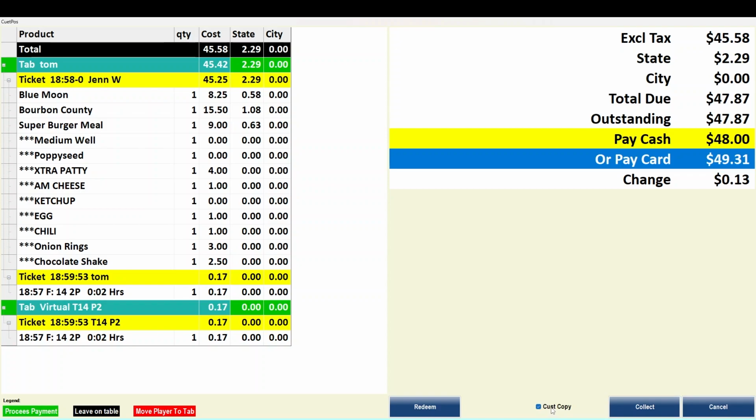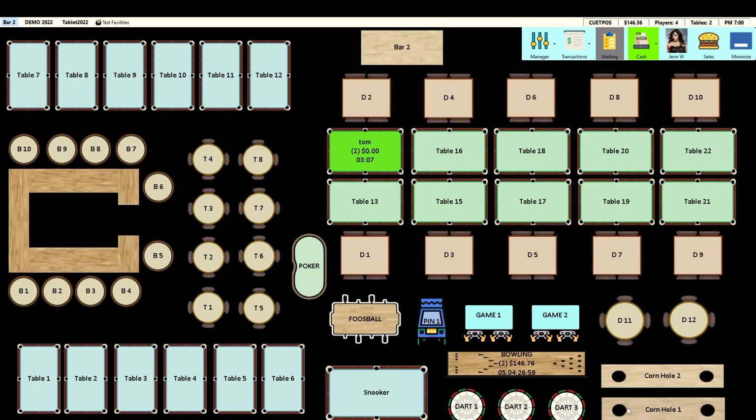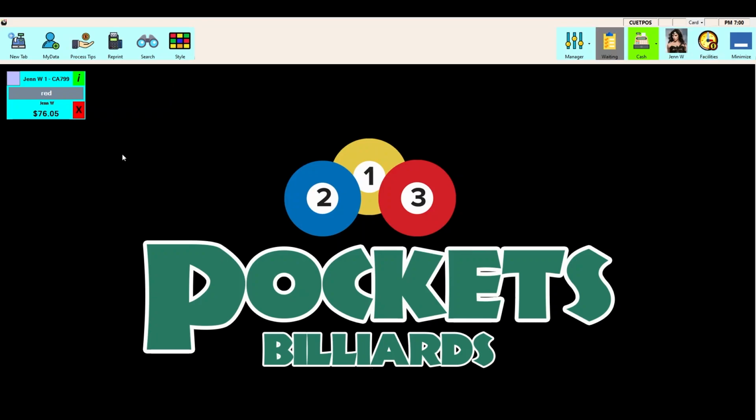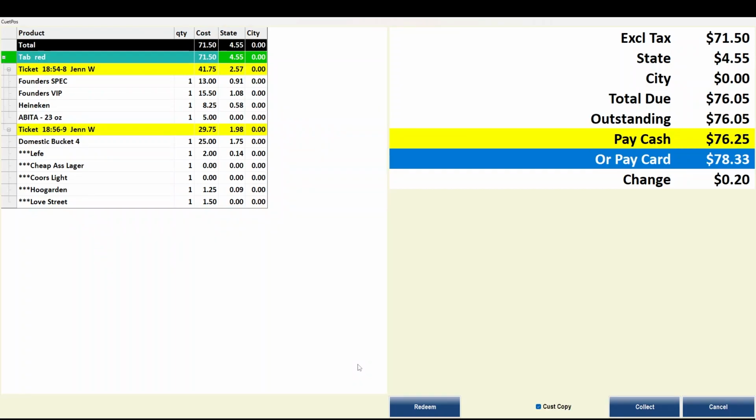But if I turn it off, it stays off until I either check it back on or I restart the software. As soon as you restart it, it comes back up defaulting to printing. So I'm going to click collect. And there's the little beep, and we're going to get their printing out. So now they're done. If I come over to this one, I can also use this red X to jump right to the checkout. Okay, I'm going to turn the customer copy off on this one,